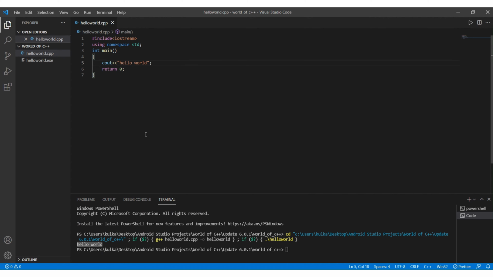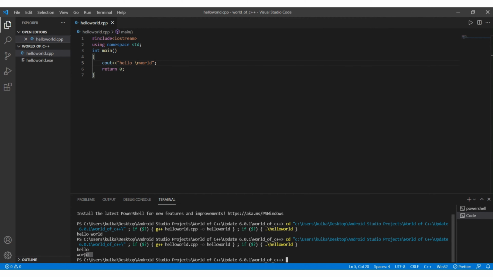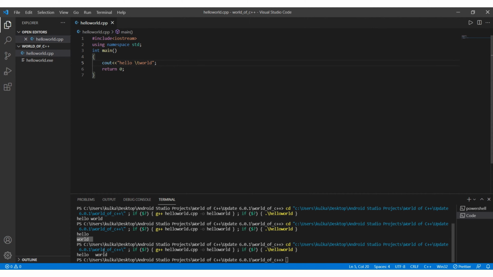Now, let's say I want the word world below the line, so I will use slash n for that. So world is printed below the line. Similarly, there is one more, slash t, which is used to give some space between the two words. Here is some space.